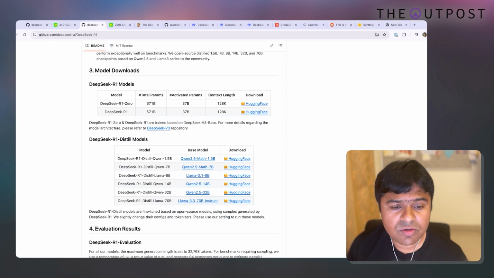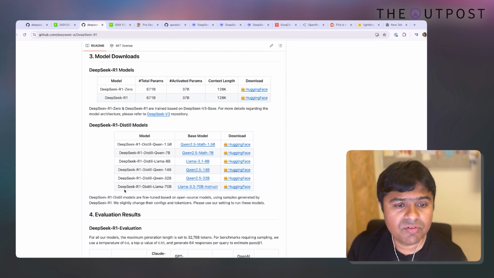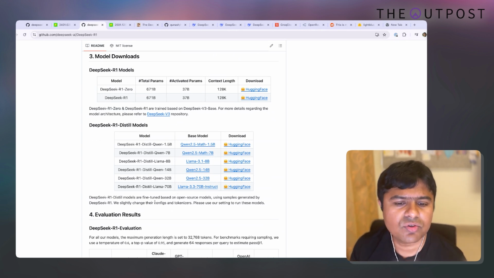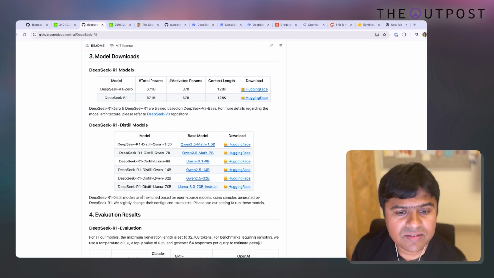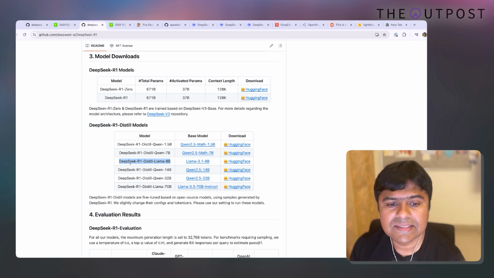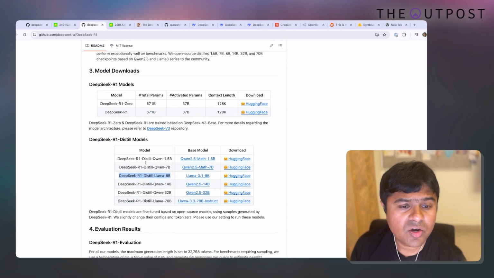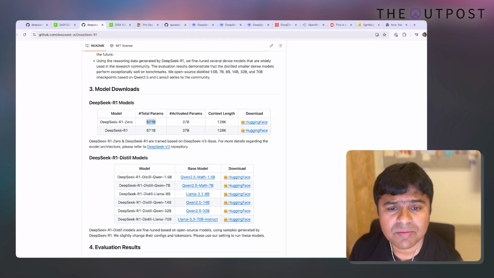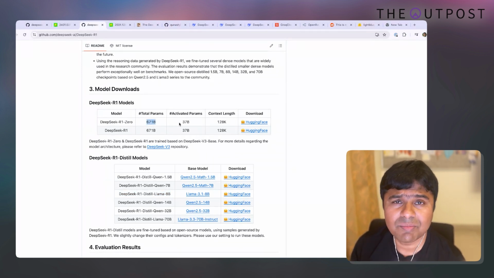What's also really cool, and if time permits I'll show a demo of this, is that they have a couple of distilled models which are incredible. Let me tell you what this is. Distilled models are essentially fine-tuned open source models. Let's talk about this one: they have a Llama 8 billion parameter distilled model. What this means is that their R1 model has about 671 billion parameters, out of which only 37 billion are active. So it doesn't require that much memory.